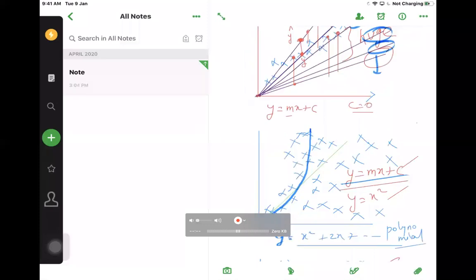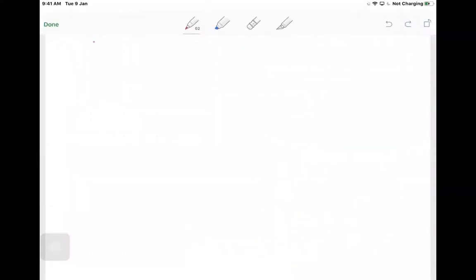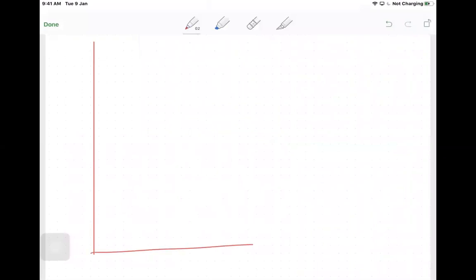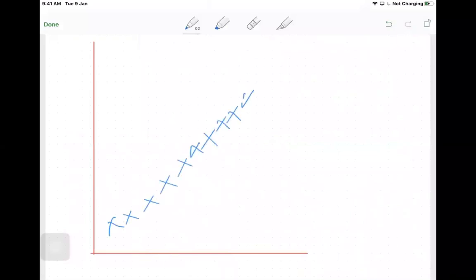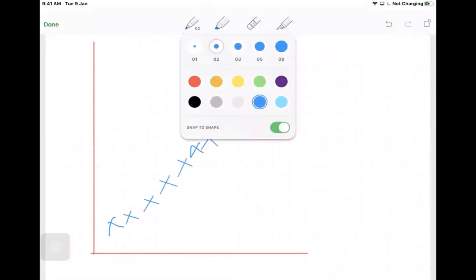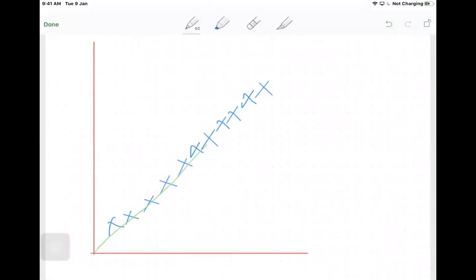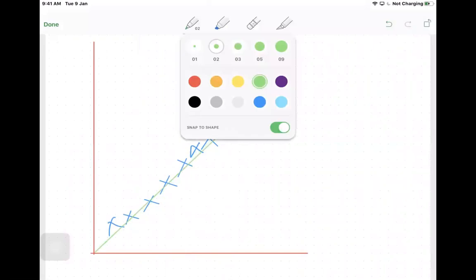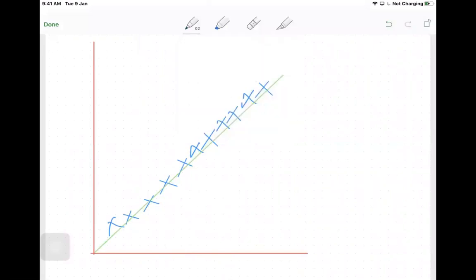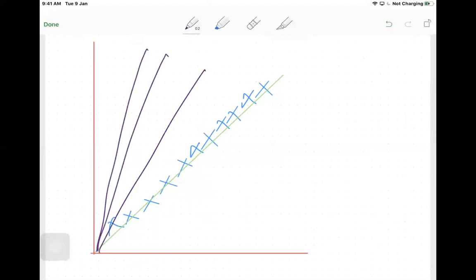I told you just now, I have a graph like this. I have a data like this. Now let's say I have a perfect linear data. Let's just imagine I have a perfect data. Now, what is my objective? My objective is to fit a line exactly through the data. So this is this green line, that's exactly passing through the data. Now, let's say instead of coming to this particular conclusion, I have tried out with the different slope values. So this is one line, this is another line, this is another line, and so on. And the green line is the perfect fit for the data. And beyond that also, I might have some lines like this.